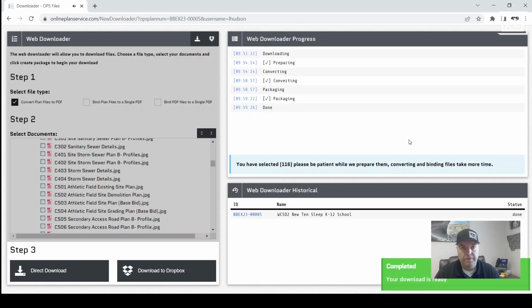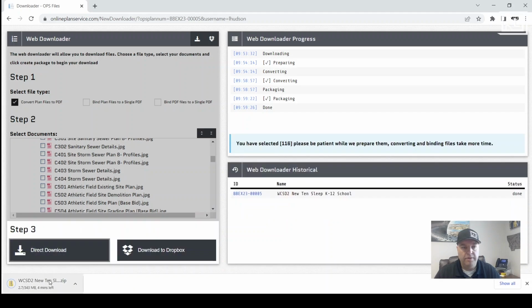All right, and once your package is ready for download, you'll get this direct download link. You just click on direct download. That's going to download the folder from our servers down to your local file system. You can see this one's 343 megabits. So it did take a little bit of time, but once we get everything packaged up here,